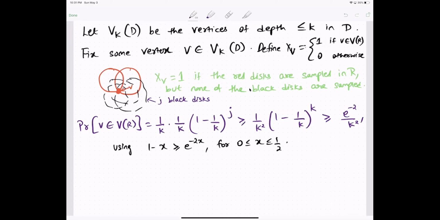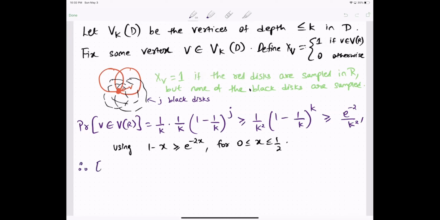Right, so just replace x with 1 over k. If you do that, then you get this expression. So that's the probability of a vertex v surviving and getting a chance to be in V of R. Okay, so then having computed this, now let's compute,